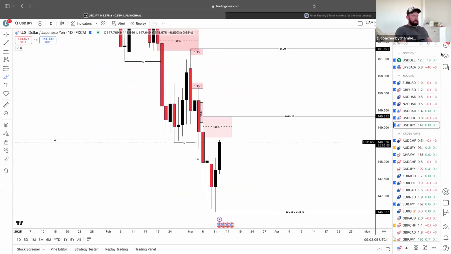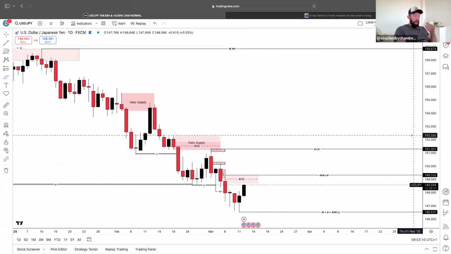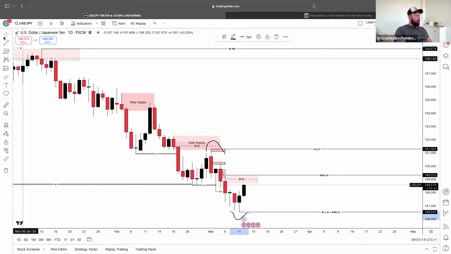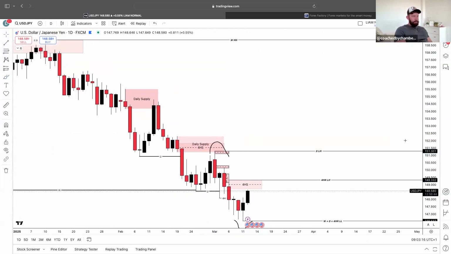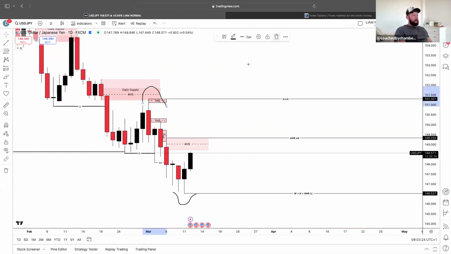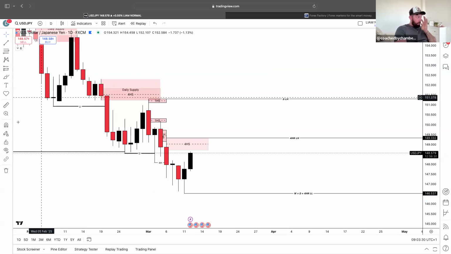Let's just quickly look at the daily time frame. On the daily time frame, you'll notice that we've got our daily lower high, daily lower low. Let me just zoom this in. Daily lower high, daily lower low. You'll be able to notice that. So obviously, we expect the market, once we create a new lower low, to retrace, and then carry this trend on downwards. So we're looking at it from a daily standpoint. We're expecting the market to eventually retrace, which it is doing, and then carry the trend on.